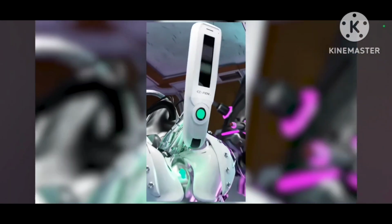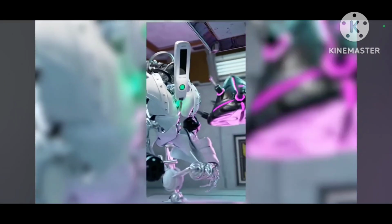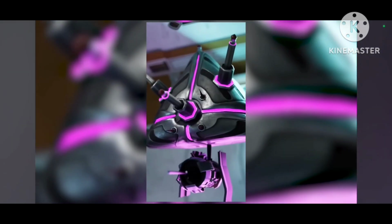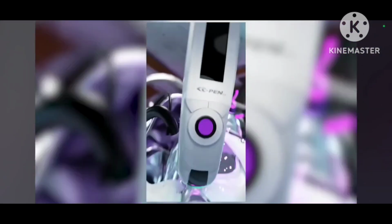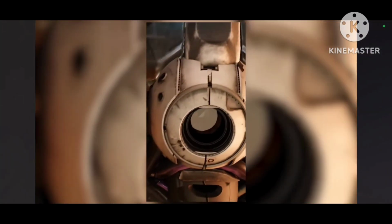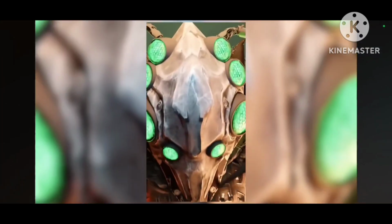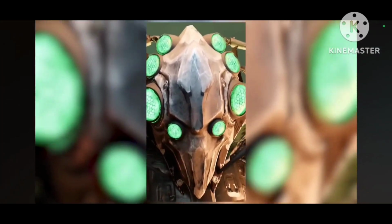The alien device used some kind of extraterrestrial tech on the traitor, and his eyes started to glow purple as his system was getting upgraded. In an unprecedented turn of events, the alien device gave the Decepticon total control over the Counter Titan's carcass, who started to glow green by the way, putting the mind of a monster inside the body of a terrifying beast. And just like that, C-Pen was driven to madness by the superior alien technologies and swore his loyalty to the